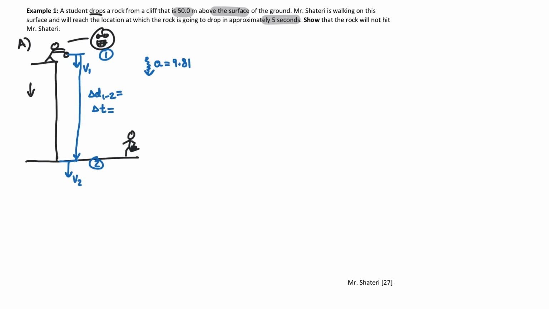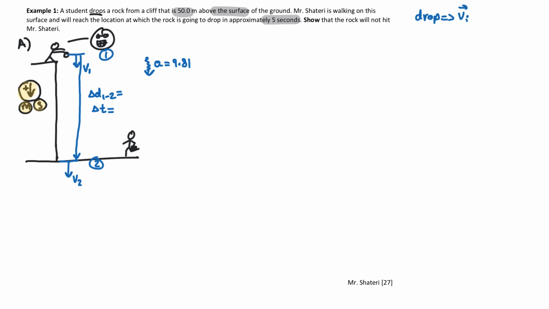I'm going to take down to be positive, and it's sufficient to just write down here. My units are meters and my time is measured in seconds. I am going to highlight, highlight, highlight. Let's make sure all the values are now indicated. Student drops. The word drop, new terminology, means that initial speed or velocity at that point,